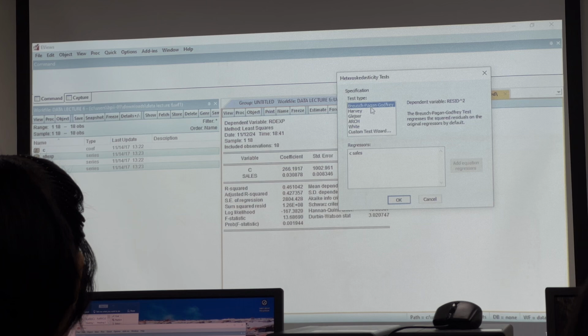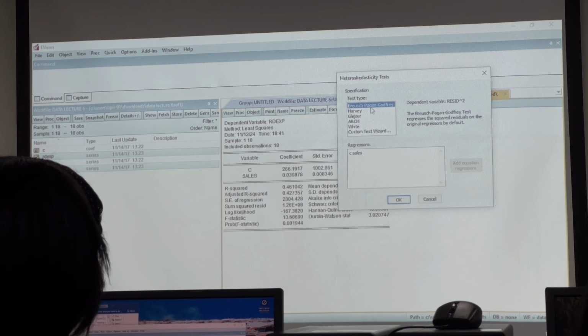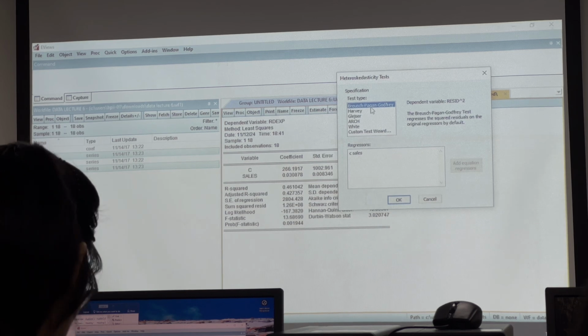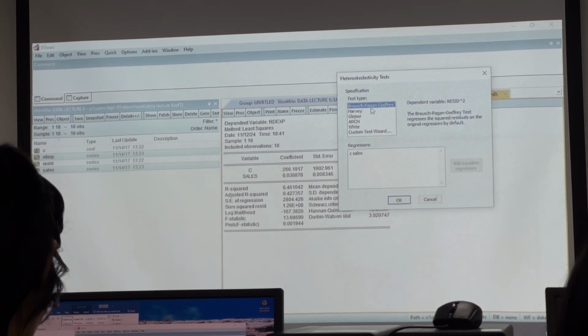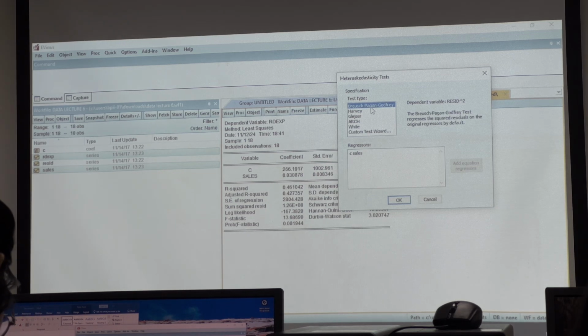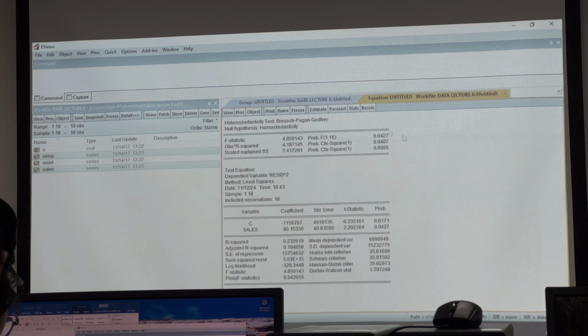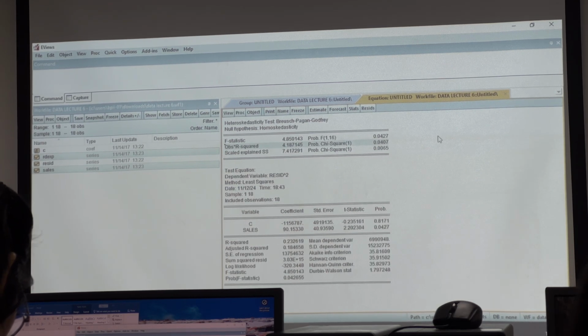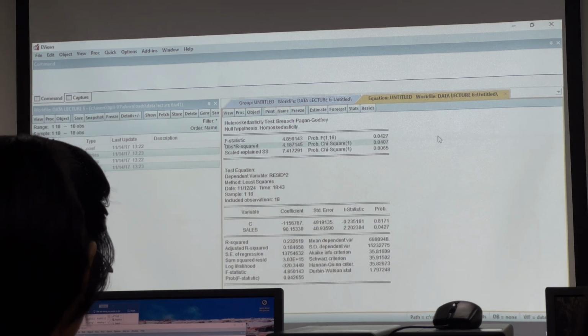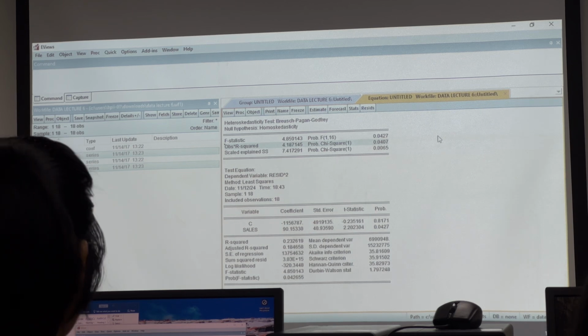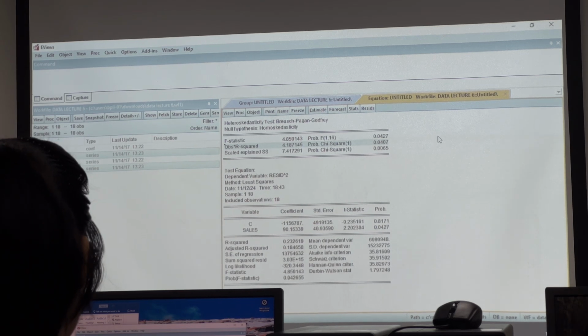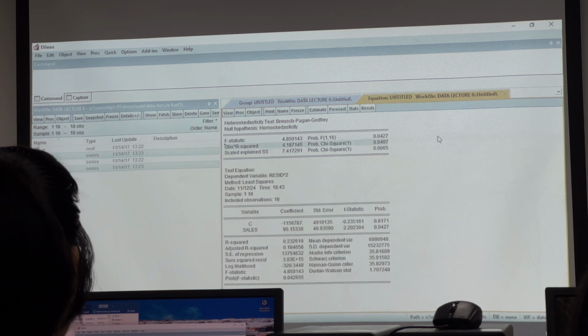So we do the first one first, the Breusch-Pagan. Again, this one is the test to be used to detect if the error variance is proportional to any of the x. Okay, and then you get this. The F test statistic is 4.187 something, p value 0.04. So if you perform the test at 5% significance level, then we